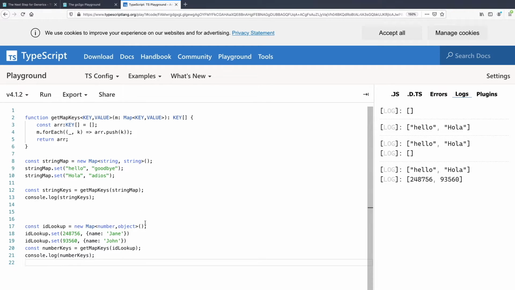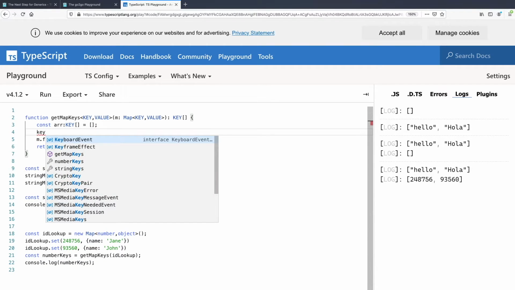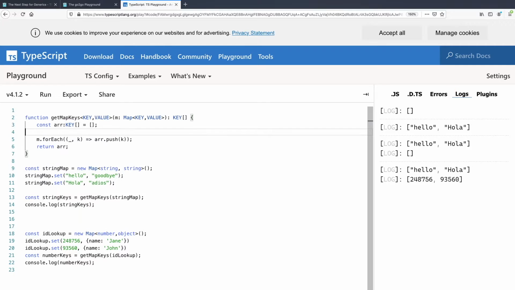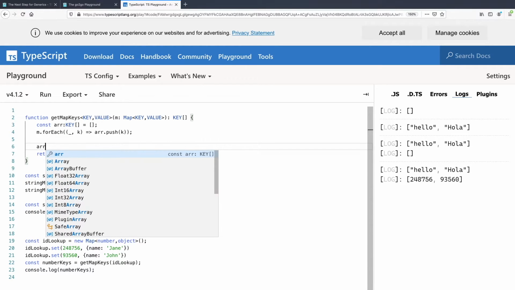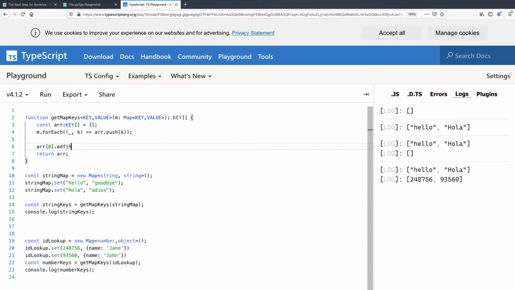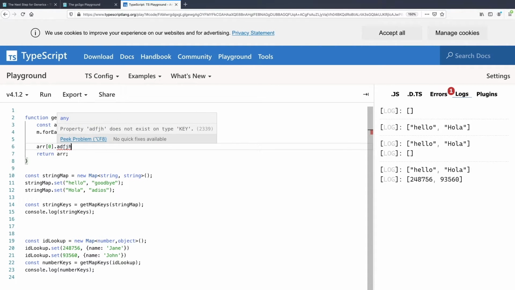So we still get type protection. I can't do anything crazy here, like, for example, I can't assume that an element has this object, because that's not defined on type key, because key is still strictly typed.